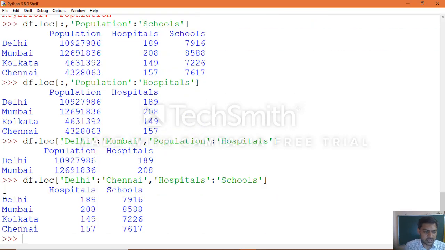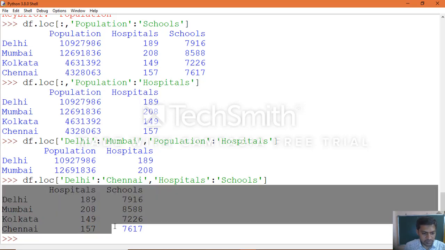You will get the output in such a way when you apply it. So this is the syntax you can follow when you want to access a selective range of columns from a range of rows.